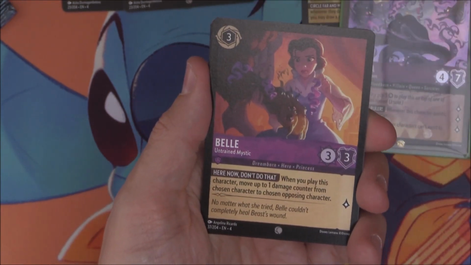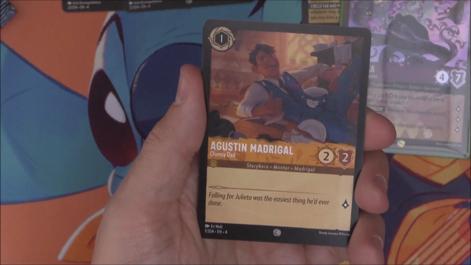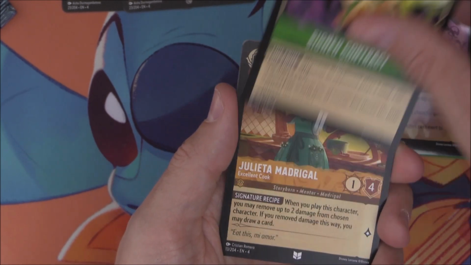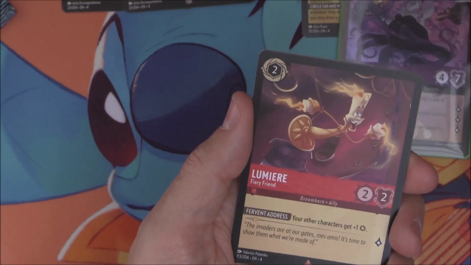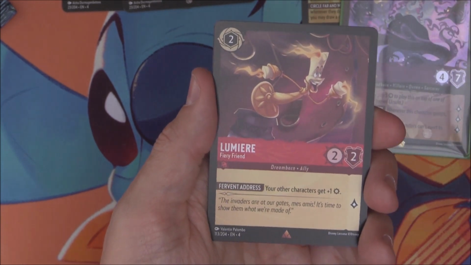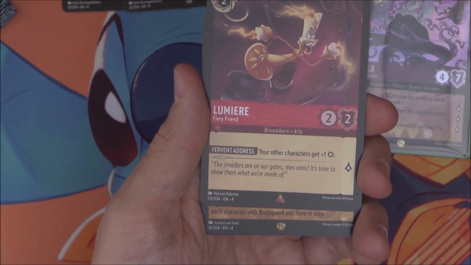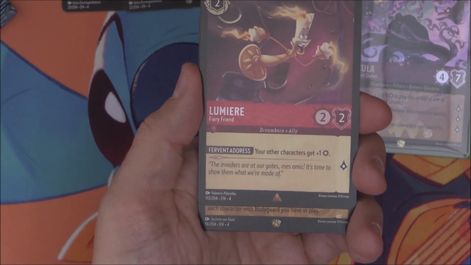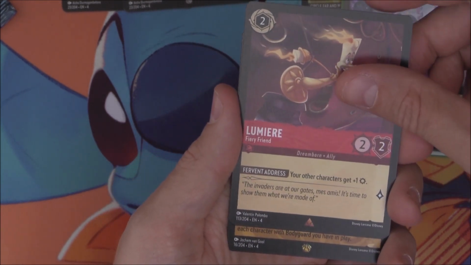We've got Pegasus, we've got Belle, Gus, Ice Block, we've got Augustin Madrigal, Beast, Signed Contract, Julieta Madrigal, we've got Khan into a rare of Lumiere, again, one that we've seen. 6 legendaries, everyone. 6 legendaries. I don't think this has ever happened. 6 legendaries. We have...